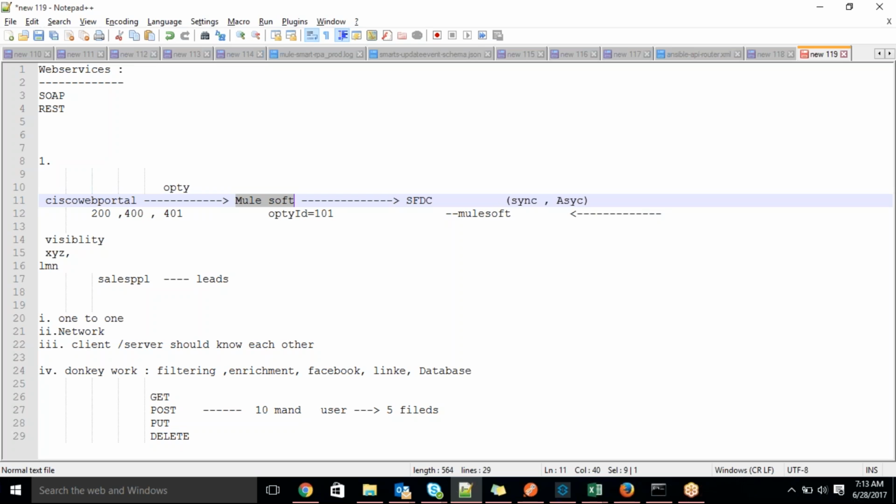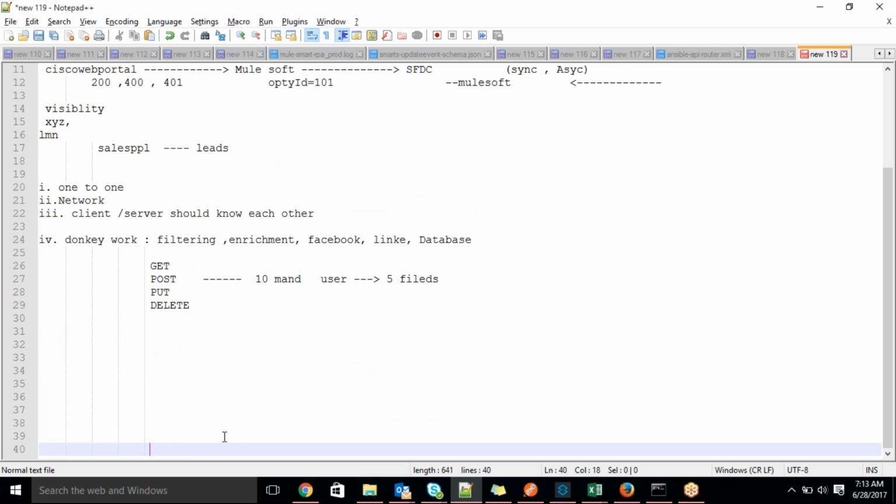And the main reason is it's freeware, guys. Because clients generally expect freewares actually. So no need to pay any money to MuleSoft actually. Here two versions are there actually. So two editions are there. One is the community edition, another one is the enterprise edition, guys. If the client prefers the community edition, no need to pay a single penny to MuleSoft, guys. If the client prefers the enterprise edition, then he needs to pay MuleSoft actually.